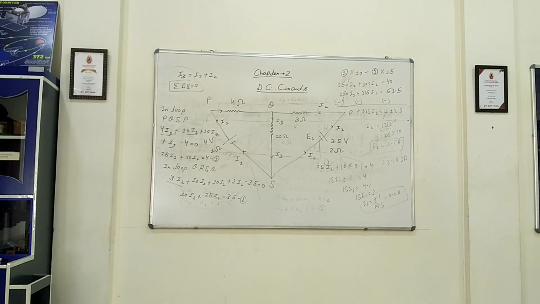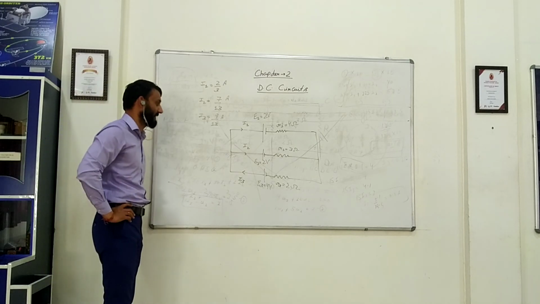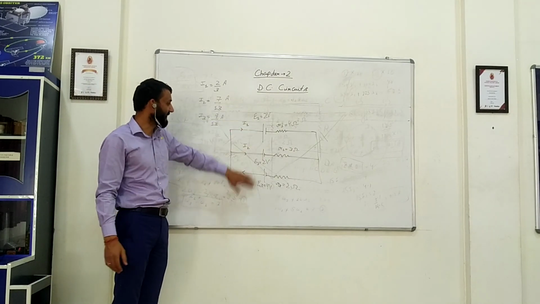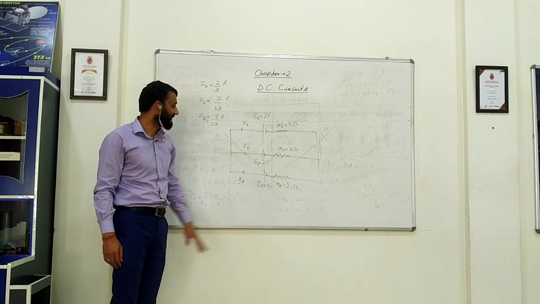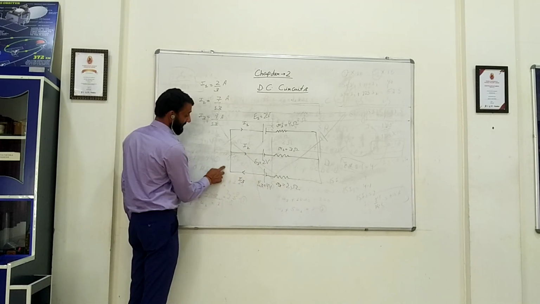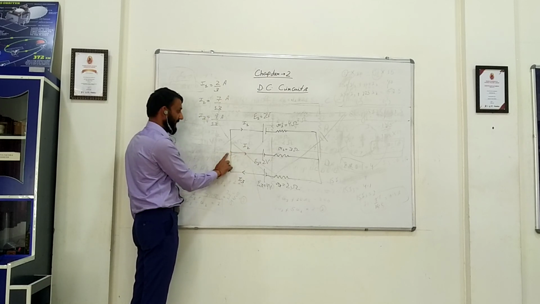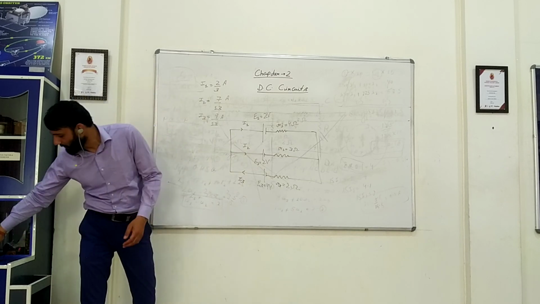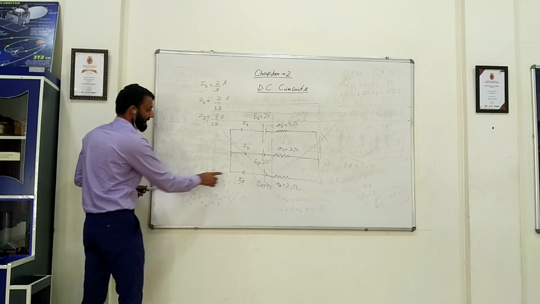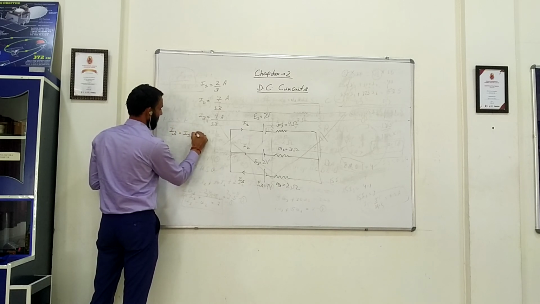Then I will give one as homework. So this is your homework part. Here you can see you have three cells, E1, E2, E3. Their internal resistances are given. And as you can see, this I3 is coming like this. At this junction, from I3, I2 goes there and I1 goes there. So one equation I can help you with: I3 is equal to I1 plus I2.